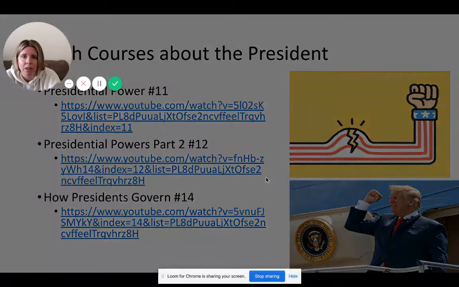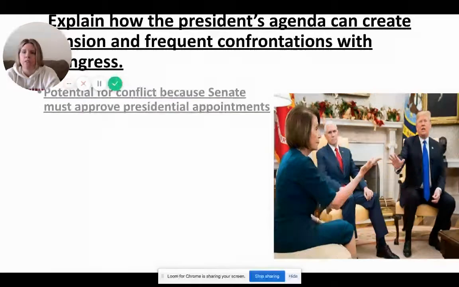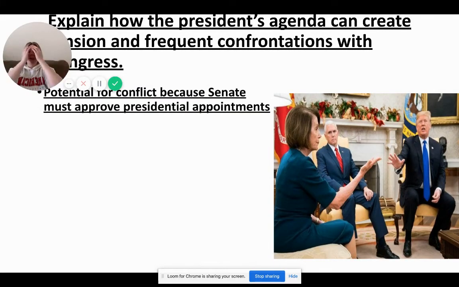Okay, crash course on the president. There you go. Now explain how the president's agenda can create tension and frequent confrontations with Congress. That has kept coming up. They want you to know that, and that's definitely a possibility for the concept application question, or even the argument essay